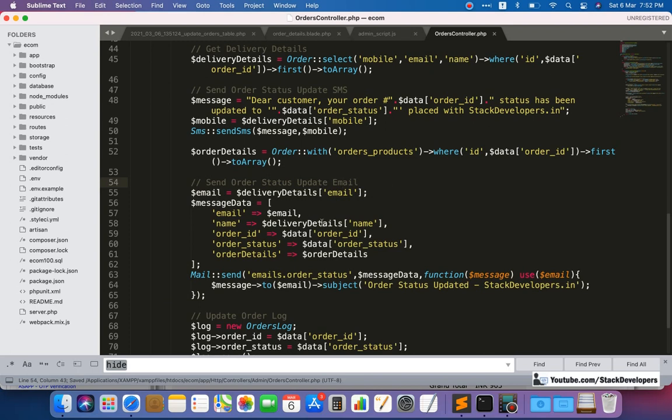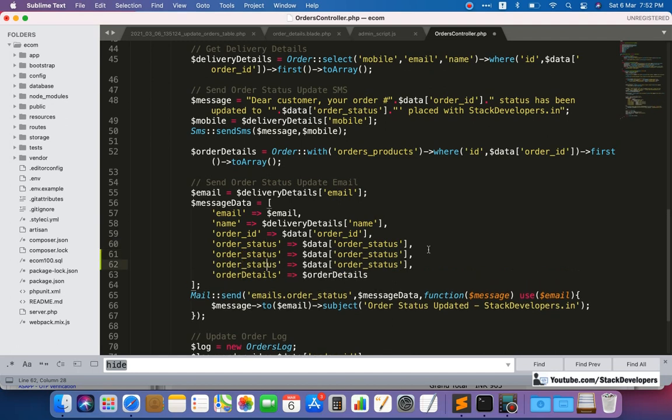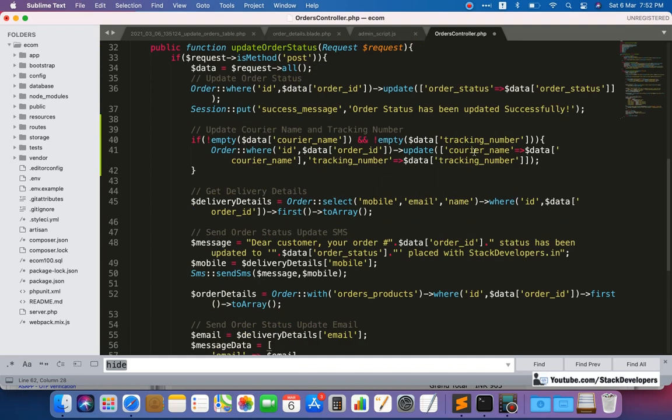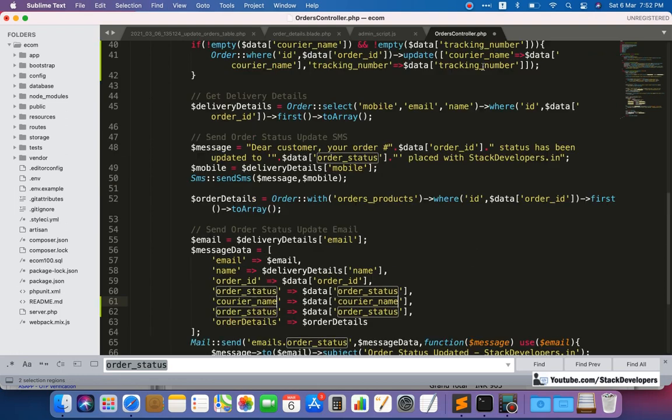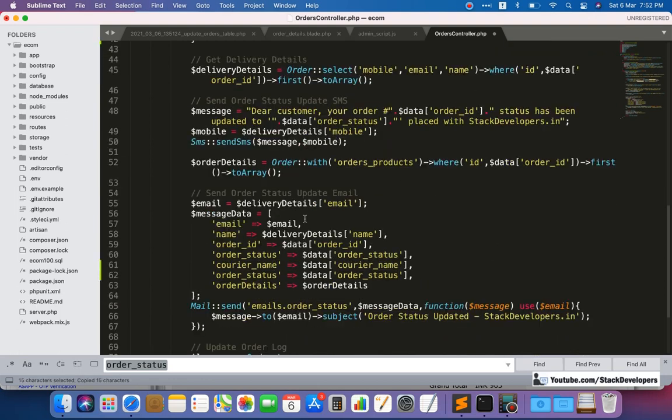Here we are going to add the courier name and tracking number, both courier name and tracking number. Here we will give courier name as well as tracking number.